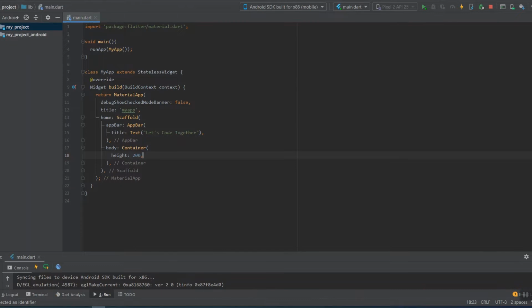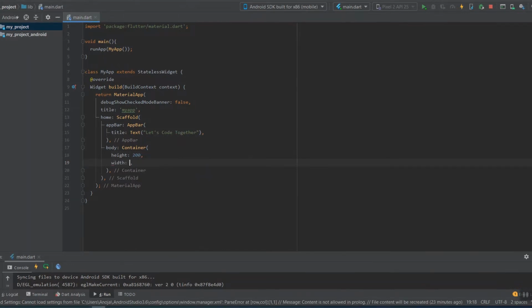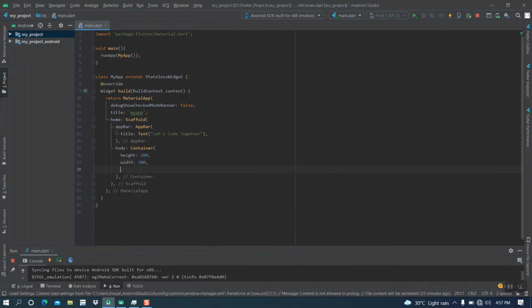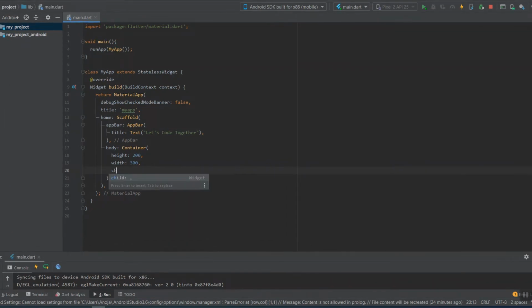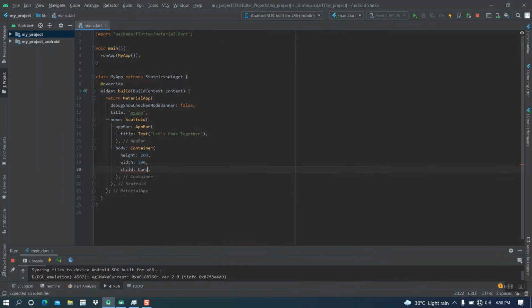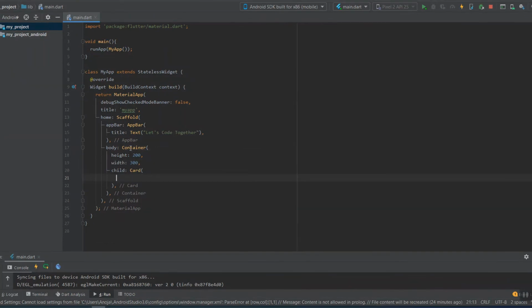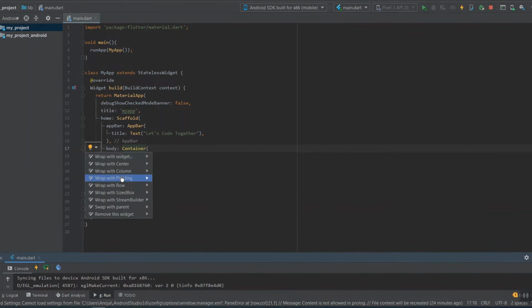Height as 200 and width as 300. Now I am creating a child card inside this container. Here I am adding some padding to this container.